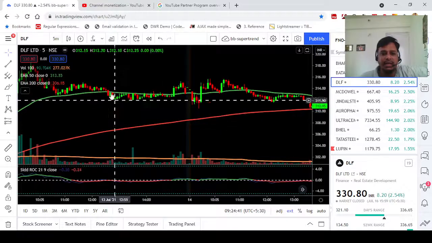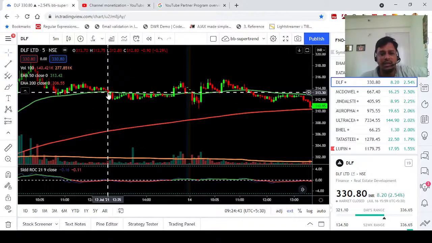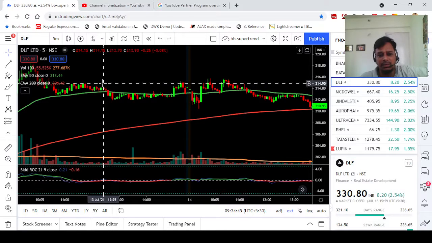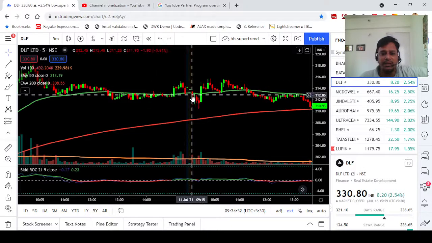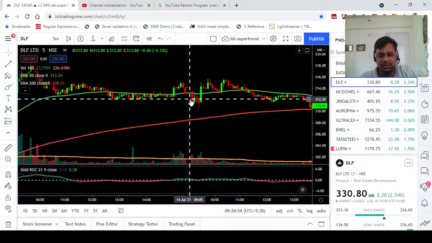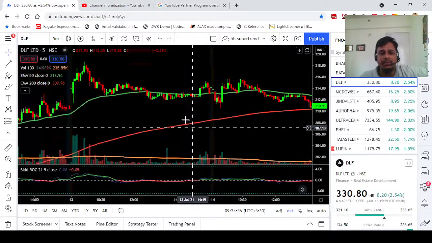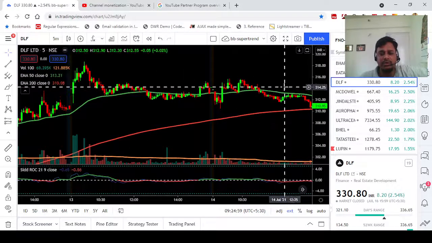So you see that here one short opportunity was there, again 1% loss, 1% is your stop loss. You will see that this stop loss got hit. Okay, again you did it here, and you will see that your 200 moving average is almost flat.